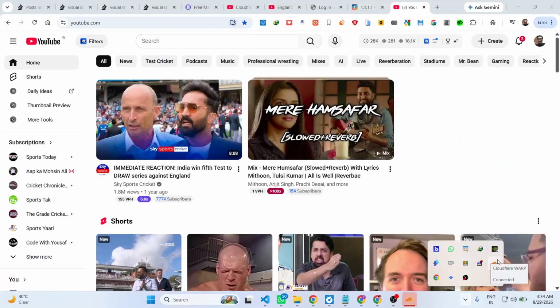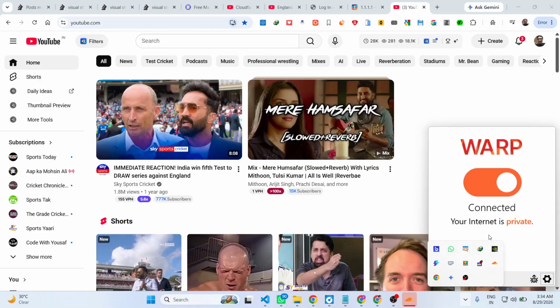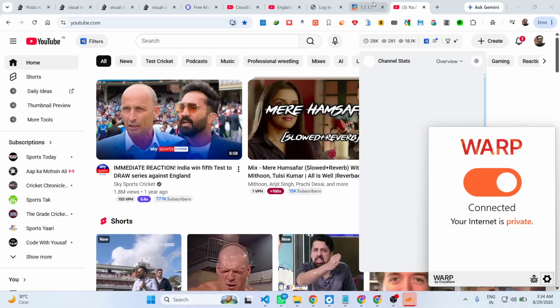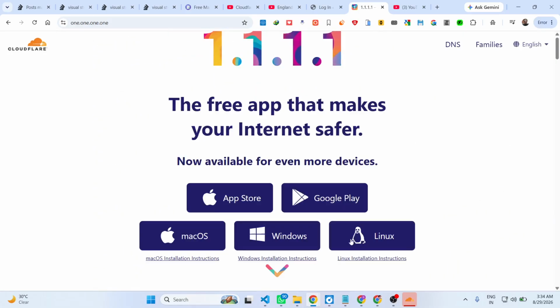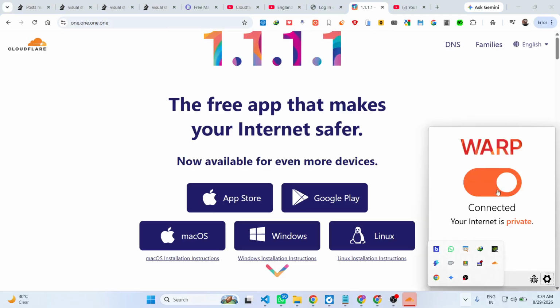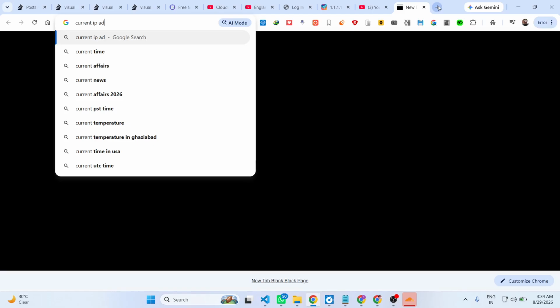But I'm using it for the past 5 years, guys. I am using it completely free and unlimited. And the process is very simple. You come to the website, download this for your respective operating system, then simply launch it and toggle this to on. And if I try to see my IP address, you will see